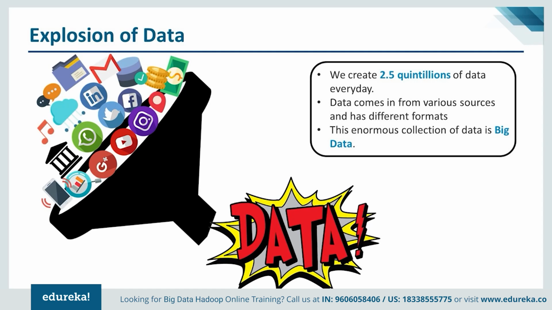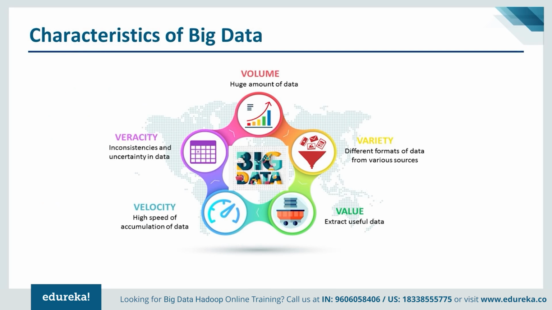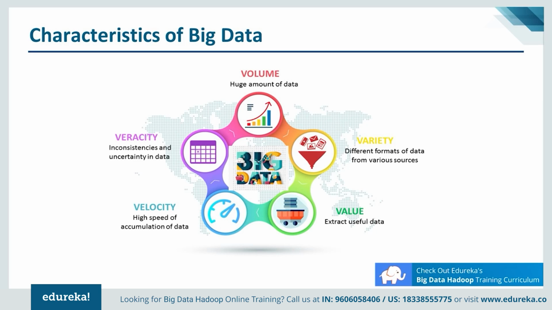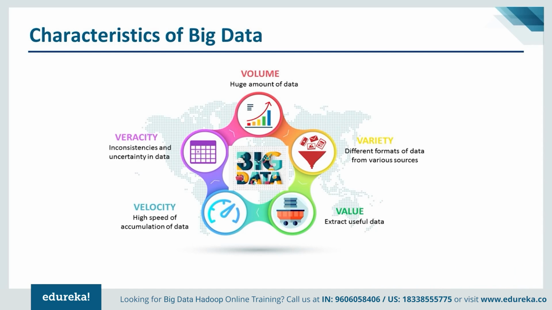So now, guys, what do you think? Is big data only limited to the volume or the enormous amount that is being generated? Or is it defined by various other characteristics that exactly define what big data is? So let us see what are the different characteristics associated with big data. Here I have represented 5 such characteristics. So first is volume. Volume is nothing but the huge amount of data that is being generated, or the enormous amount of data, as we previously saw in the section that how data was coming in from various sources like social media, banking sectors, governments, etc. So this is what volume is.